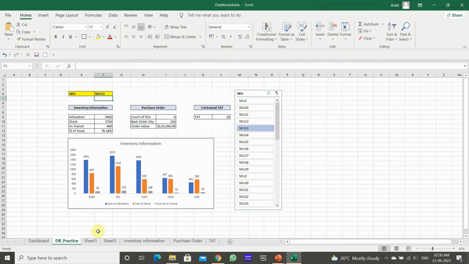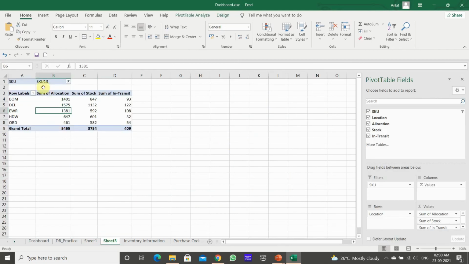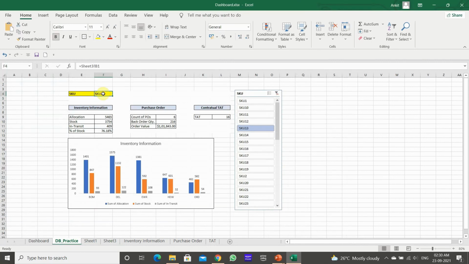If I click here, SKU13 is coming up here, and through relative reference this information is shown here at the F4 cell. So all the calculations we have done earlier are done by giving the reference of this F4 cell.